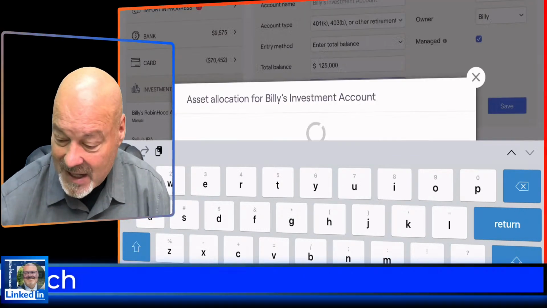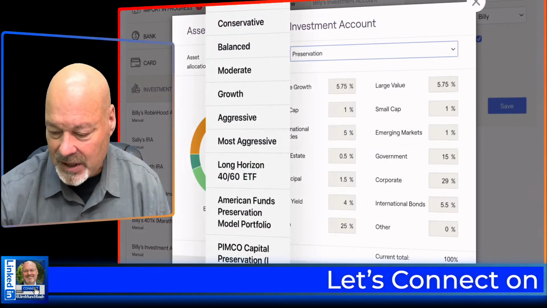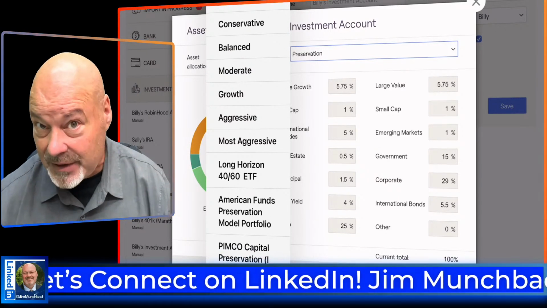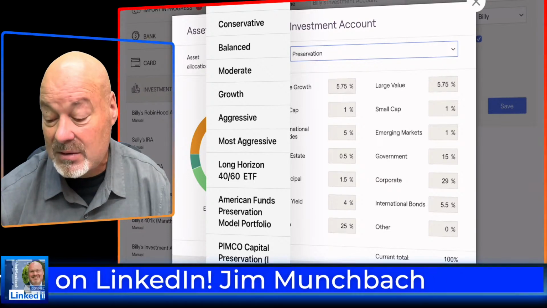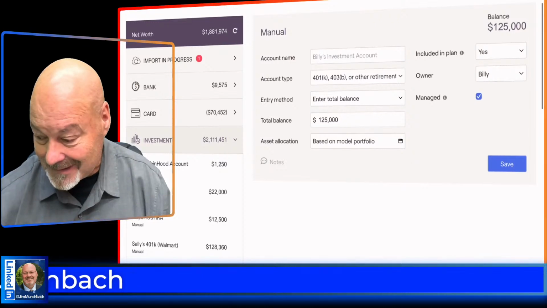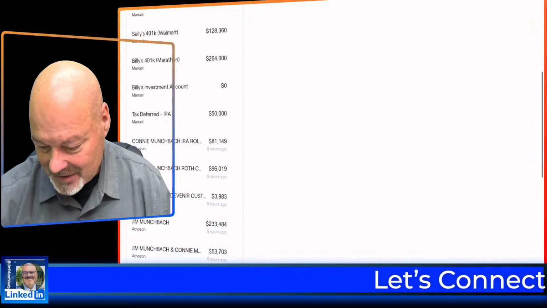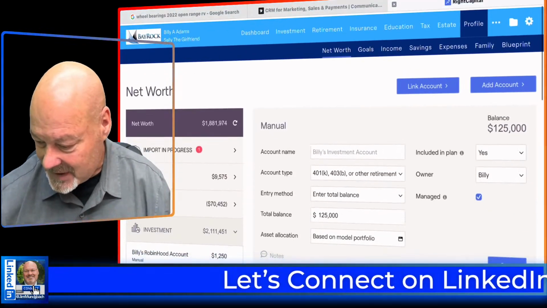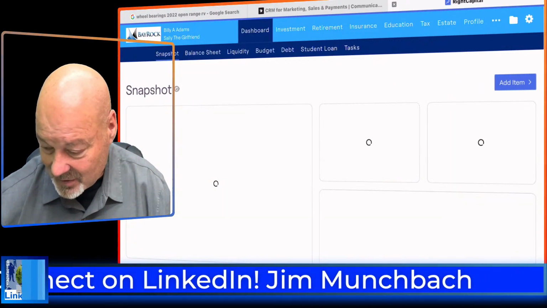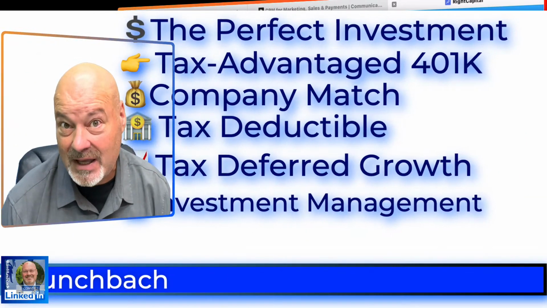Okay, great. Now you've got to do asset allocation. And here's where you can select a model portfolio, or you can select your own asset allocation. I just want you to play around with this. I'm going to say if I'm a young person, I'm going to be aggressive, and I'm going to hit save, and that's going to save it. Now, I need to delete this account because it's fake. I just wanted to show you how to do that. So I'll come back, and I didn't save it. So let me see if I can go to the dashboard without saving it. Hopefully I did. But at any rate, I just showed you how to set up a 401k in your plan,